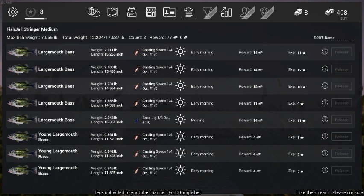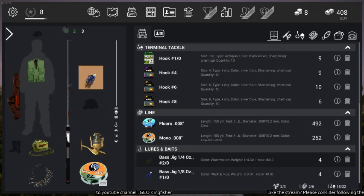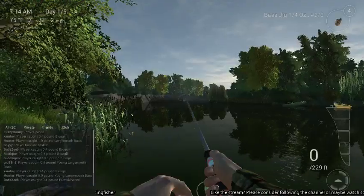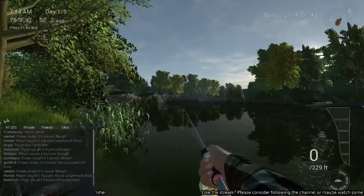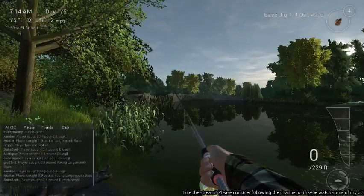The difference comes when we switch the lure to this. This is the 1/4 ounce. It's a bigger hook. Hook number 2 on this, whereas the other one is a hook number 1. Let's cast this out. Now you can get a premium version of this for about 4 or 5 credits at